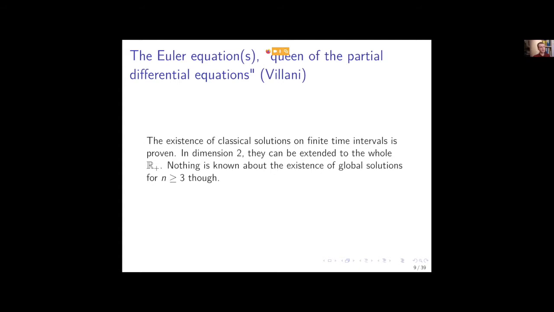So this is very closely linked to the Navier-Stokes Millennium problem, where we are looking for the existence of global solutions in 3 dimensions or higher of the Euler equations. And if you solve it for the Euler equations, you're halfway there for solving it for the Navier-Stokes equations. So this is a very tough problem, and nothing is known. Or I mean, there is something known, but the problem is not solved yet, right?